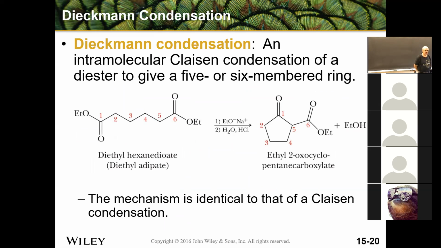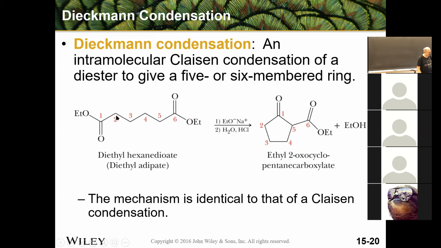The Dieckmann condensation is like the aldol cyclization, but it involves esters. And just like with the aldol cyclization, this works best when we produce a 5 or a 6-membered ring. So here we have this diester, and we have alpha hydrogens here on number 5. We have alpha hydrogens on 2, which are equivalent. So if we form the anion and it attacks the